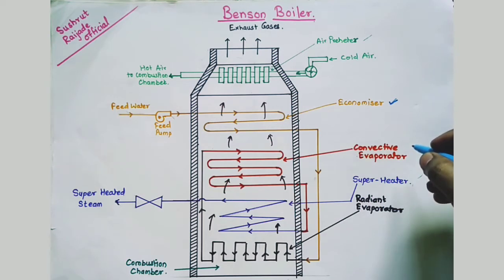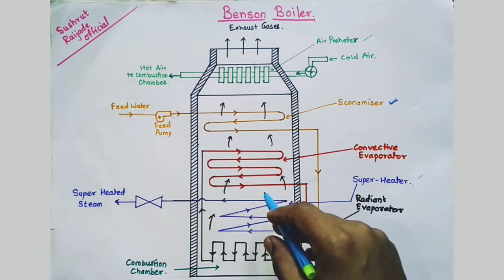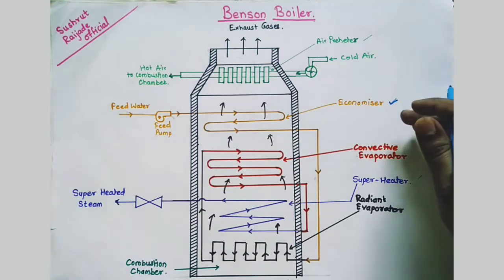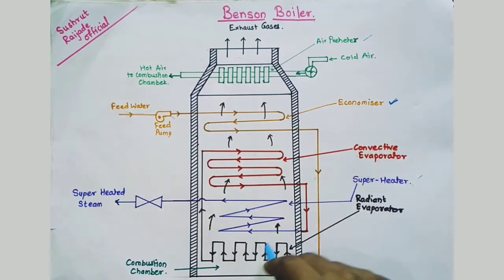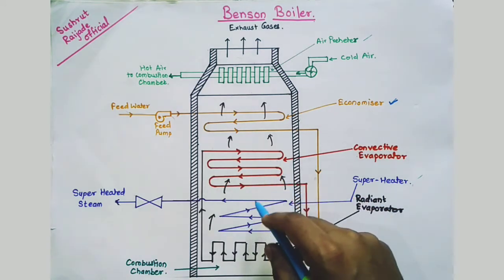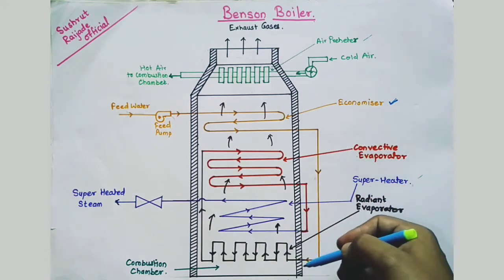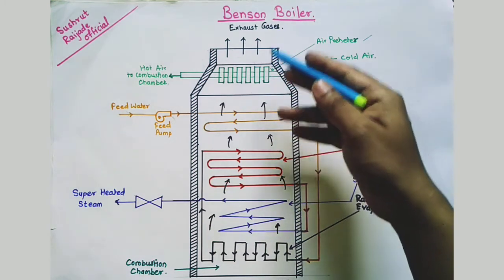But the question arises, why is there an economizer in the boiler, as we can preheat the water directly in the radiant evaporator or convective evaporator? So why is the economizer used in the boiler? The reason is that we could preheat the water in these evaporative tubes directly, but the flue gases are coming from the combustion chamber over the radiant evaporator, convective evaporator, and then they directly go to the chimney.